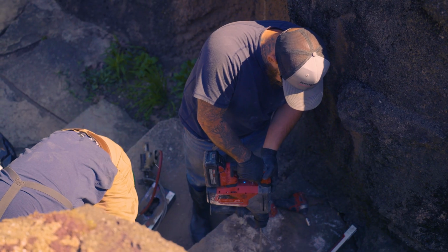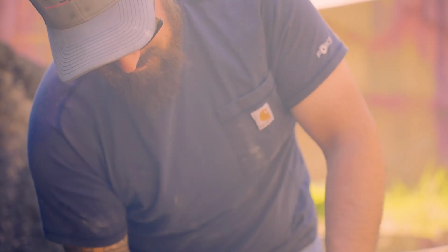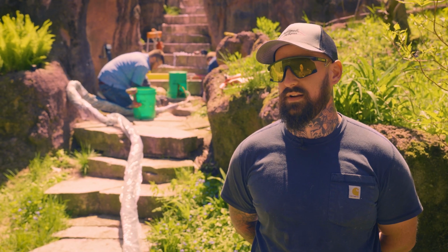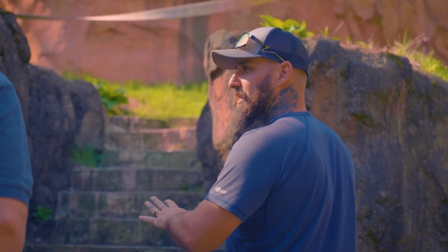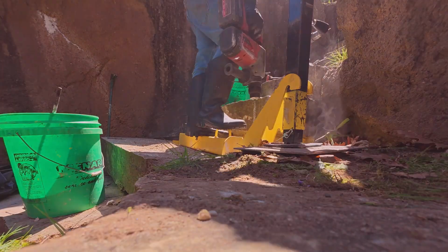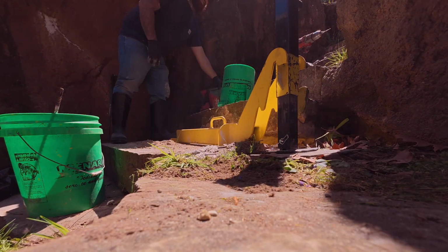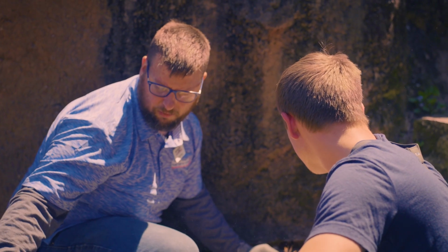Doing it this way allows minimal disruption to the chimpanzees and their enclosure. So it's minimal time on having the chimpanzees in a different location, and it's less invasive. The steps were down and uneven by about 8 inches to 9 inches. So we were able to pick those back up as close as original as possible. Everyone really wanting to make sure that the steps are something that the chimps can get up and down, really